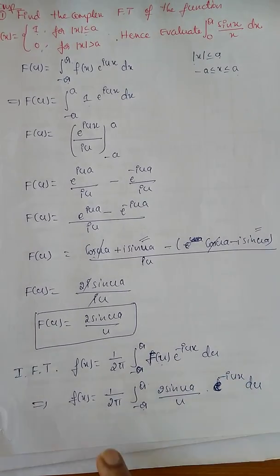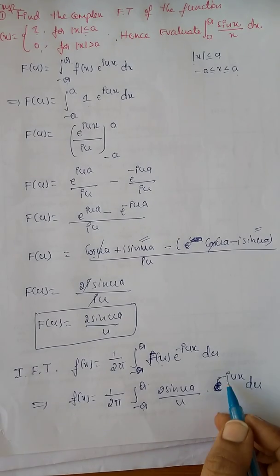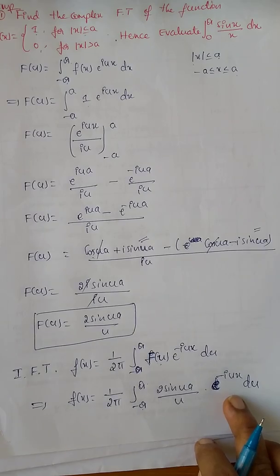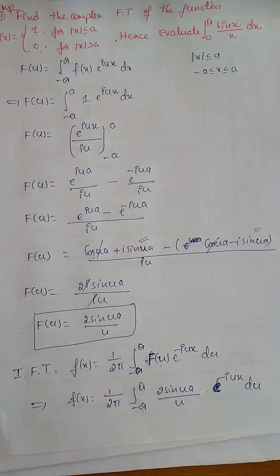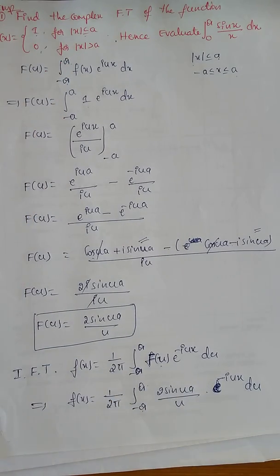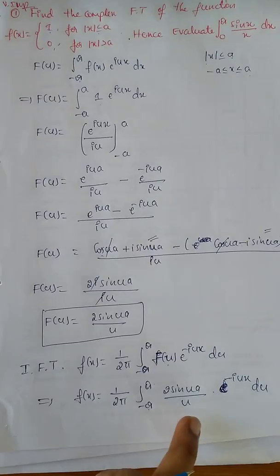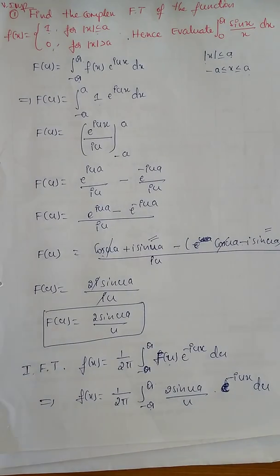I take x is equal to 0. If you take x is equal to 0, e to the power of minus i u times 0 becomes what? 1. This term is eliminated. So using this procedure, just compare this equation with the given problem. We just have to remove the extra term and replace the variable. Here the final variable is x, here u is there, just replace u by x and simplify, we will get the evaluate part.